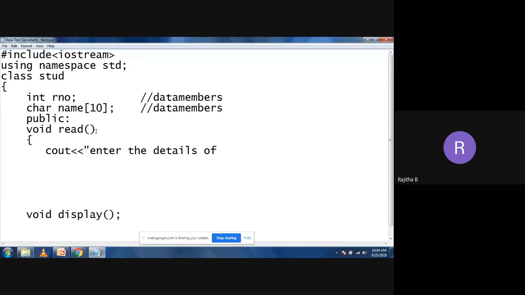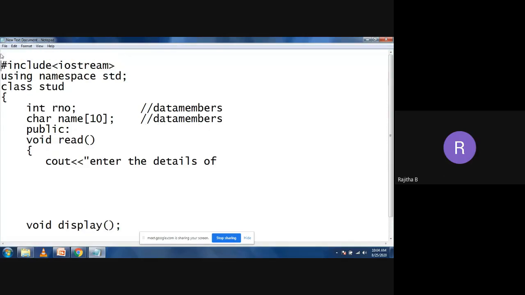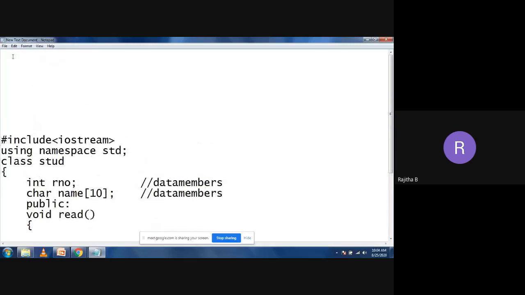Now see here, in a C program, when you're writing a function, we have three different syntaxes. If you are using a function, we need the function prototype, the calling function, and the called function. When you are taking the prototype, we need to write the syntax before the main function. What type of function? What is the return type of the function? What is the function name? And within the parameters, you need to mention them like this. I will show that first. Then we'll go to the class program.